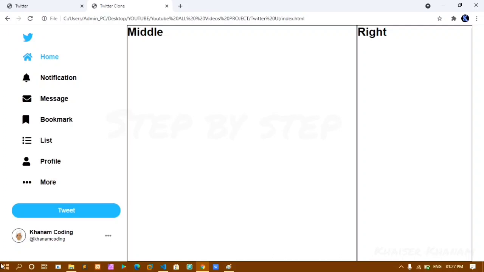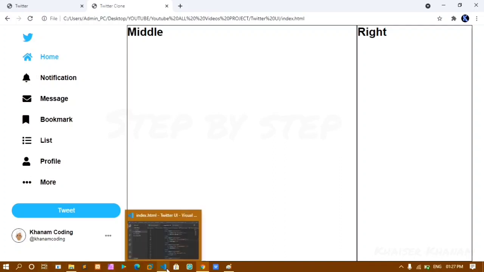We have this entire div. Inside that I have this icon, and inside this div I have this div. I have icon, I have text, I have this tweet button. Okay, this is an anchor tag, and I have this div container. I have one image, this text, and this icon. Okay, we are done with the side nav now. Let's do our right part now, then we'll come to the middle part. We have this hover effect also. If you want, you can change the color when you hover over this one.